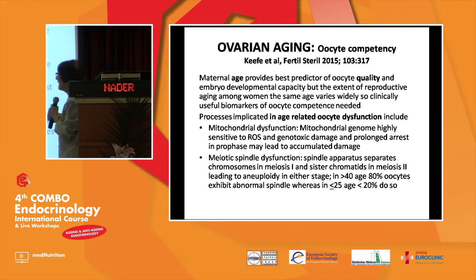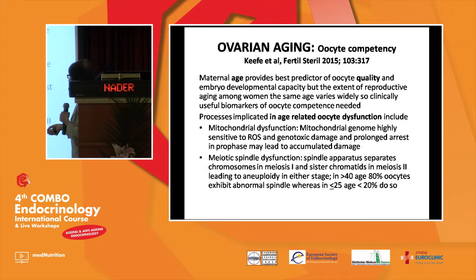Mitochondrial genome is highly sensitive to reactive oxygen species and genotoxic damage, and prolonged arrest in prophase may lead to accumulated damage. Remember, if you're 20 years old and you get pregnant, you use the first few oocytes that are being developed. But if you're 39 years old and you get pregnant, you have waited another 19 years, and that oocyte has remained arrested in prophase 1 for that duration of